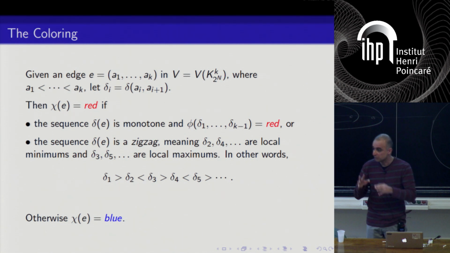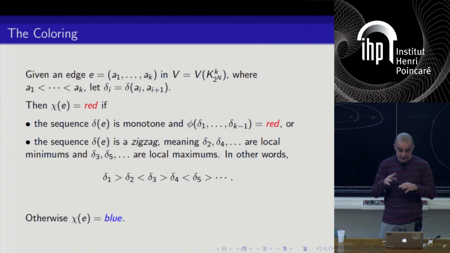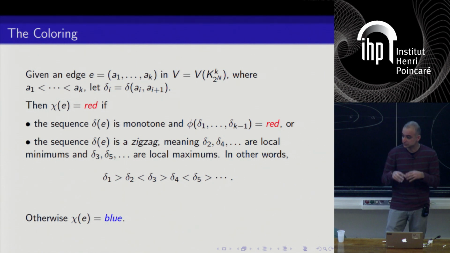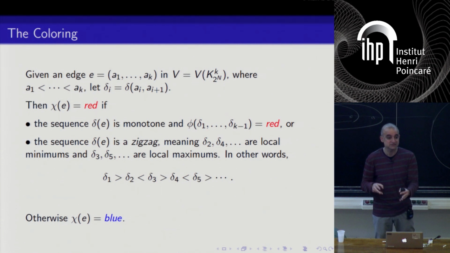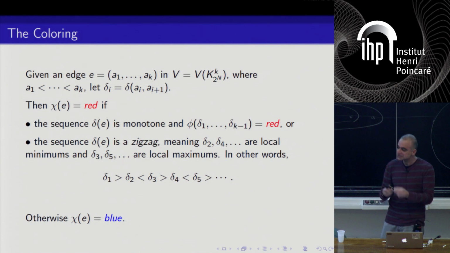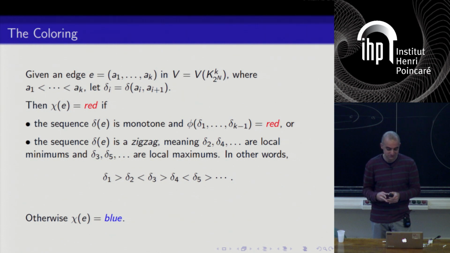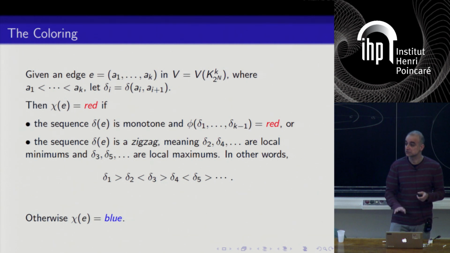Whenever I say something like, well, if you know something for 3, you know it for k, it's because of the first bullet point. But all the non-trivial results that I have told you about today involve some version of the second bullet point. That's the upgrade. Namely, that we add some more red edges. If the deltas go in a zigzag way, we allow that to be red as well. So it's too technical to see why that helps, but that's a common theme in all of the constructions that we make, and that's new. And if that doesn't happen, the color is blue.